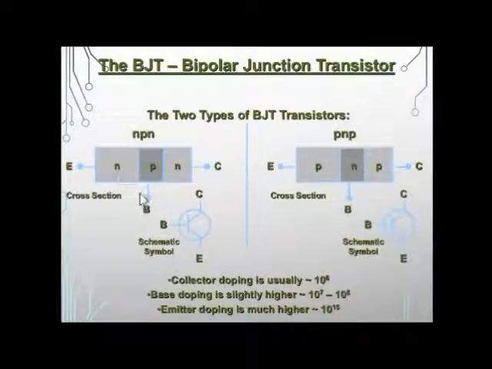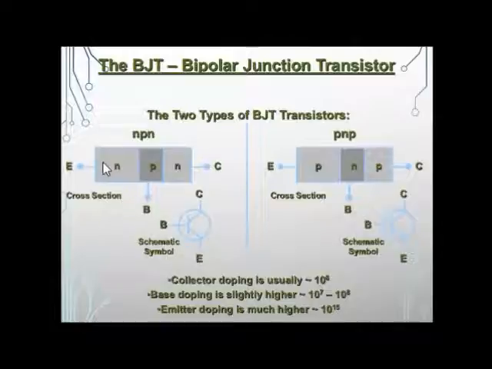You need to remember that every NPN transistor has two junctions. In the case of a diode we had one depletion layer, but in the case of NPN and PNP transistors we have two depletion layers, and hence we will have two built-in voltages, one across the N and P and one across the P and N.